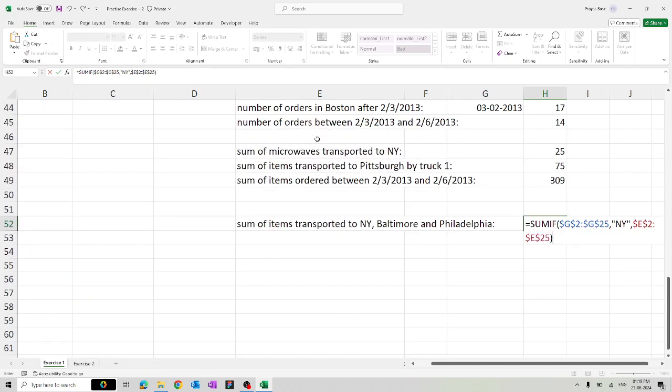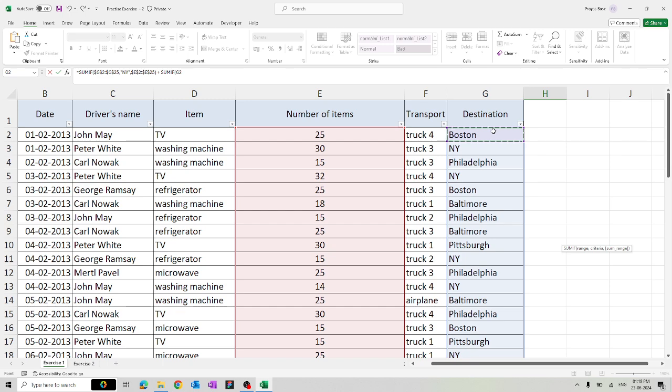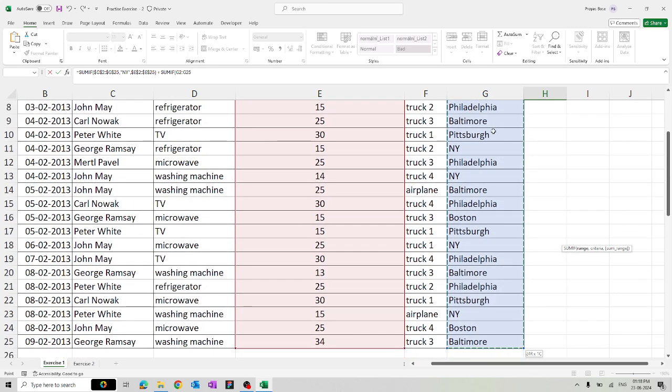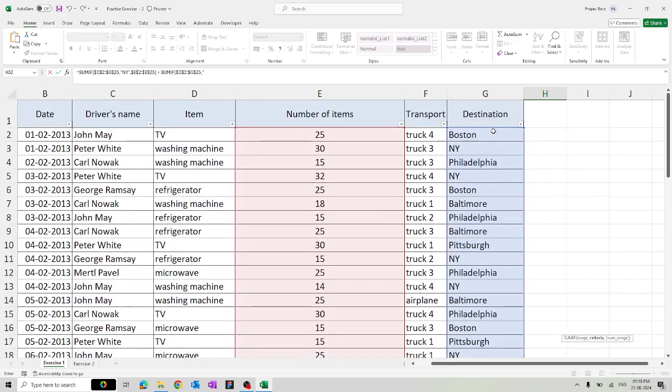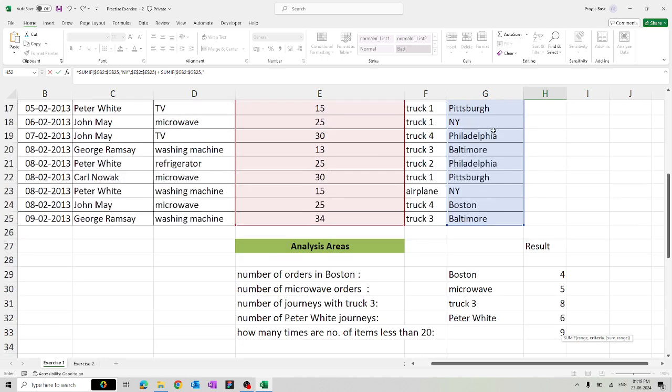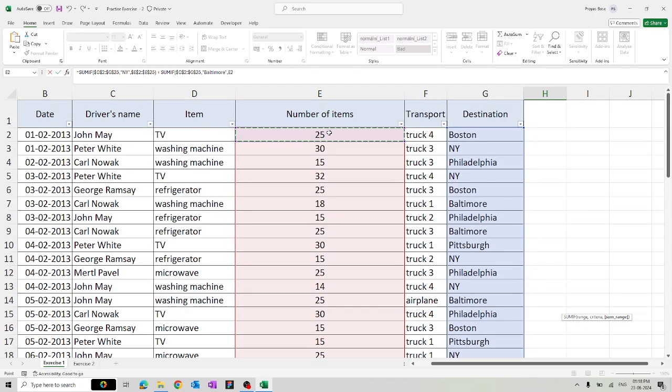This is done, plus the same formula again for Baltimore, right? Select the destination, fixed it, comma, criteria. Criteria is Baltimore. The spelling is correct as per the question, right? And the sum range, will select it as this,